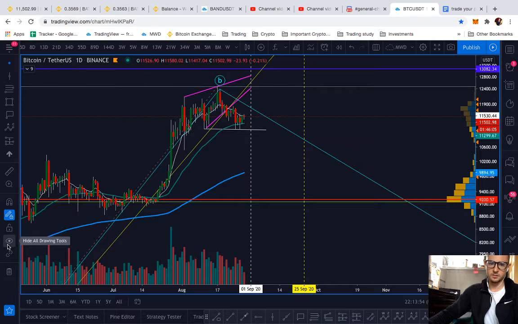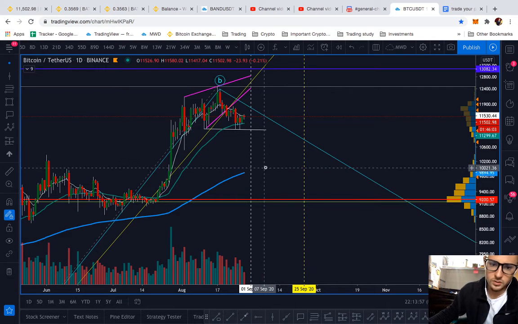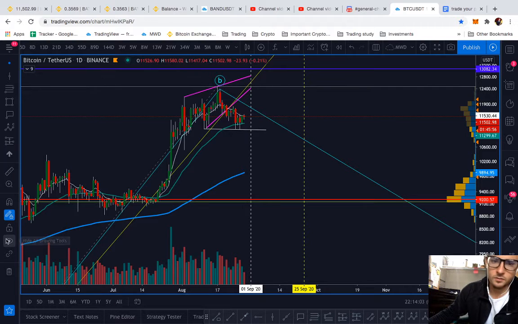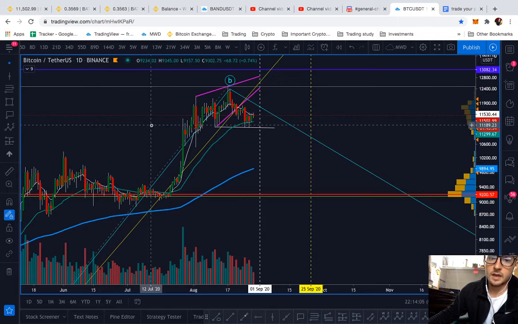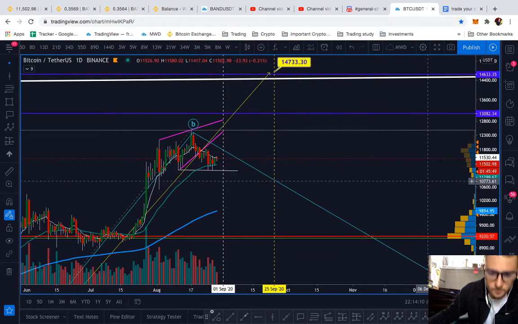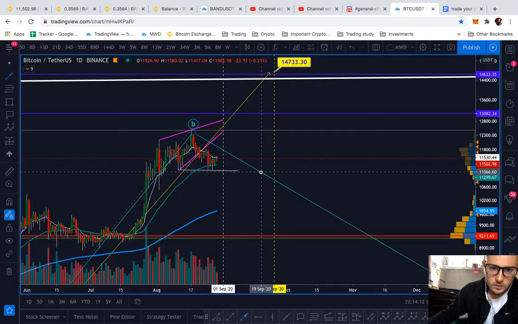Okay, waiting for the trend to develop. You can also use September 8th as a confirming date, but really September 1st is going to be our confirmation. If we do get above,